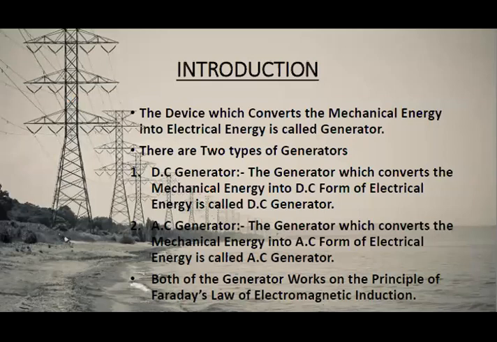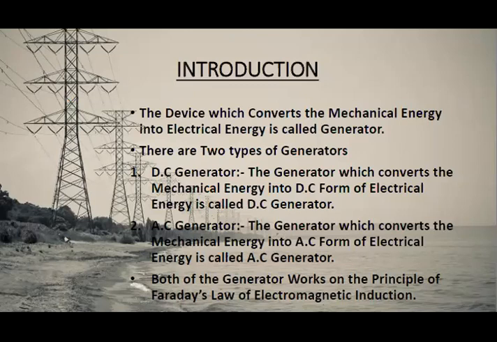There are several types of mechanical energy sources available, such as hand cranks, internal combustion engines, water turbines, gas and steam turbines, all these things. So, generator provides power to all the electrical power grids. The reverse function of the generator can be done by an electrical motor, already we discussed. So, the main function of the motor is to convert electrical energy into mechanical energy. Motors as well as generators have similar features. So, here the main function of DC generator is to convert the mechanical energy into electrical energy.